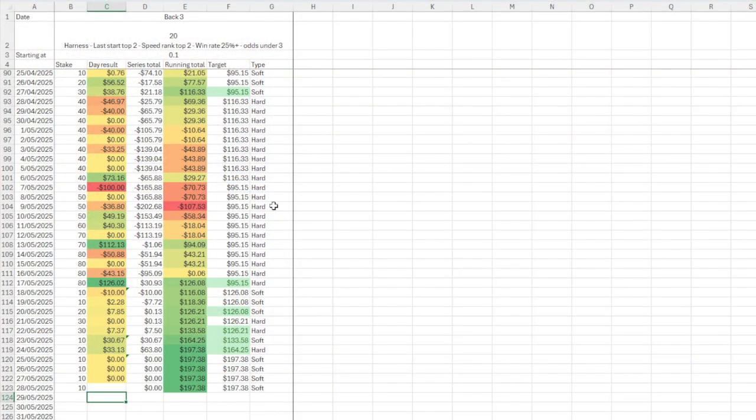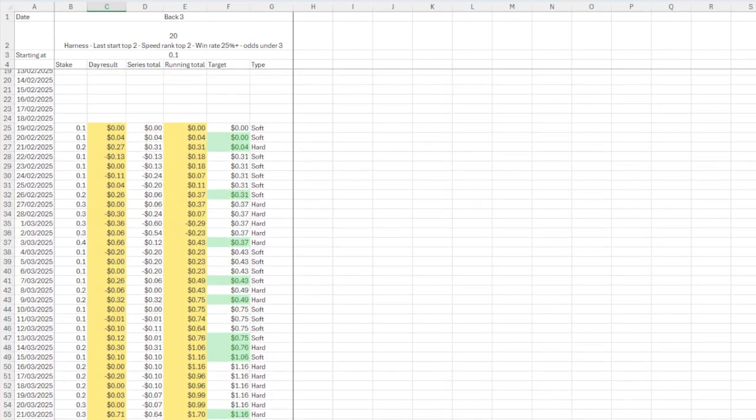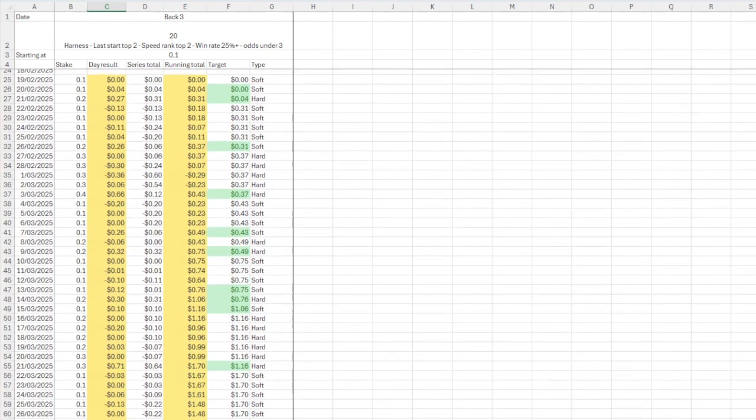So, on to the ANZ bot strategy for harness racing, and this is one I've been running for quite a while now, and as I say, it's been performing quite consistently. Have a look at the results spreadsheet for this, and if we scroll up to the top here, we can see I've been running this strategy since